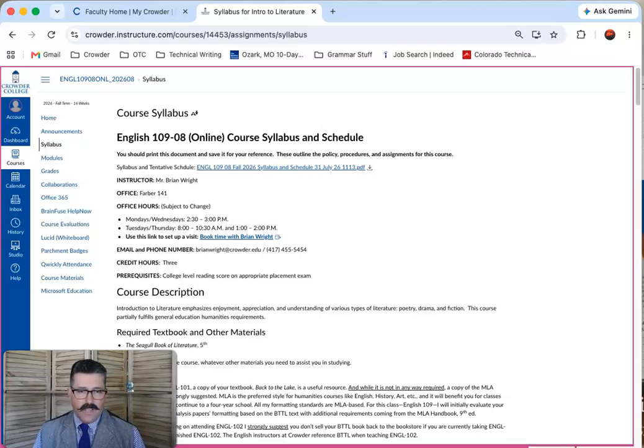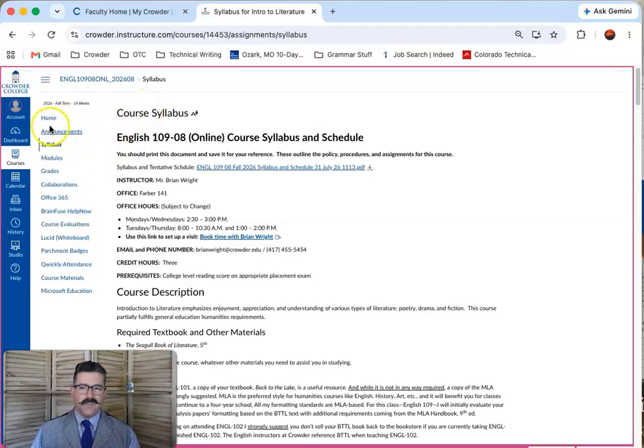The keys to success in this class are maintaining what you are supposed to do as far as deadlines and the readings go. I'll put out an introductory message every week saying, hey, this is what we're doing this week. It's also going to be in the modules that open up every Sunday at midnight for the next week. The week goes from Monday to Sunday, and you have 14 days after the due date to turn something in late. We'll discuss that later on, but I would suggest that you don't turn items in late because they are penalized.